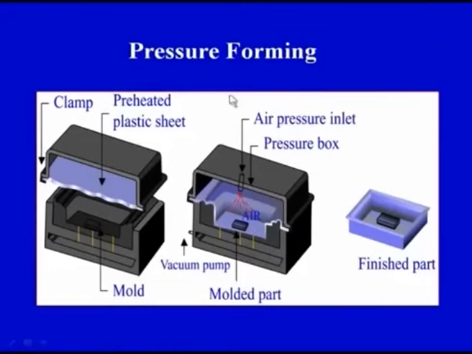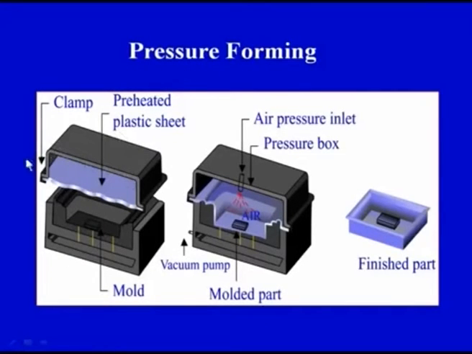So we have a mold cavity, or we have a mold according to which we want to generate the final product. So the basic steps, that is heat, form and cool, are the same in this particular case also, and here also we have a preheated plastic sheet. We are forming it with the help of pressure and we are allowing it to cool. As you can see, the formed part therefore cools and is ejected out of the mold cavity. Now on your screen you can see a very simple representation of the pressure forming process.